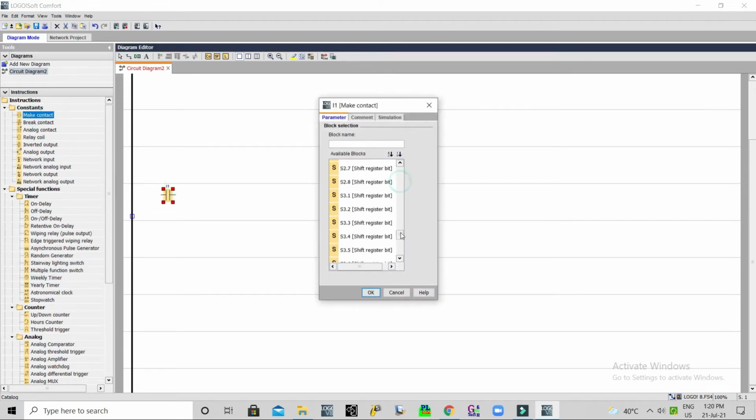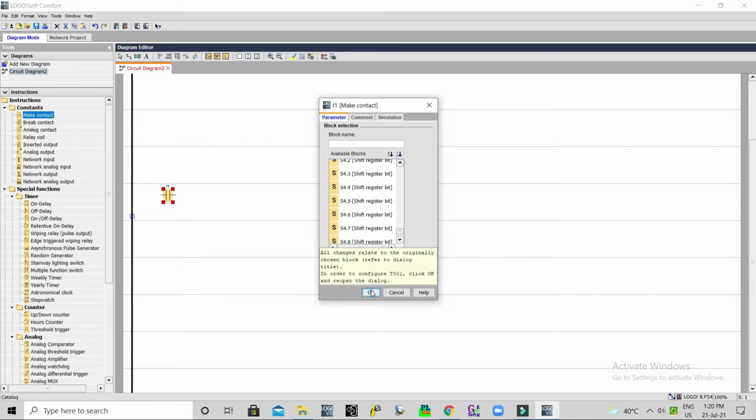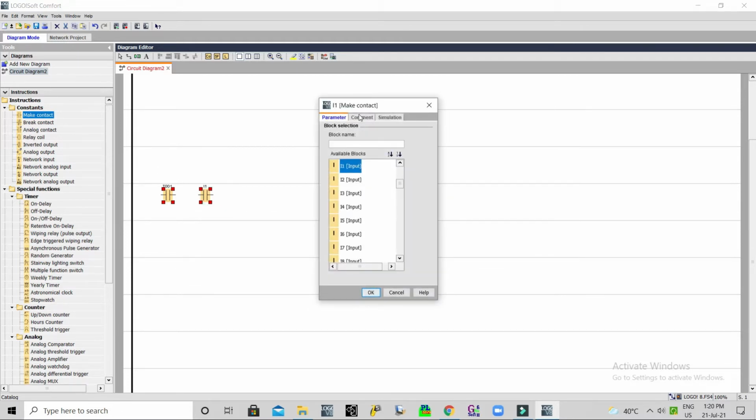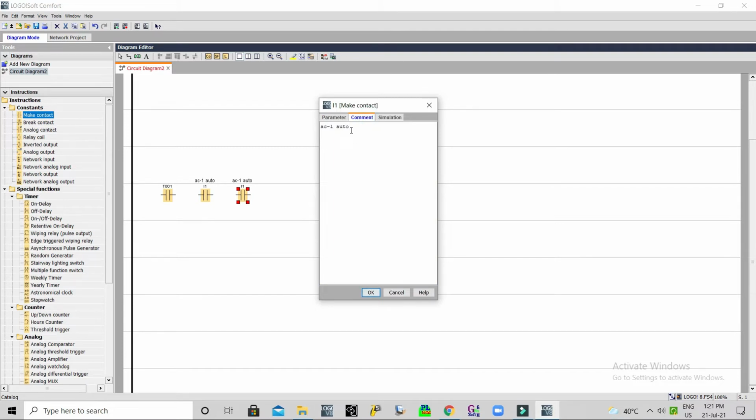First we will keep the timer in no contact, then AC1 auto, then AC1 trip.